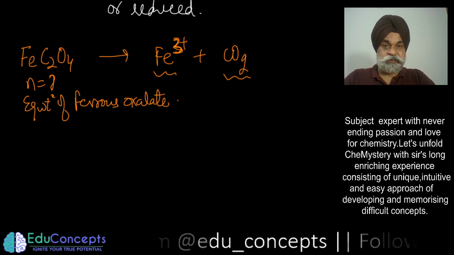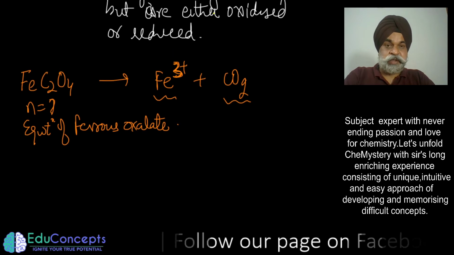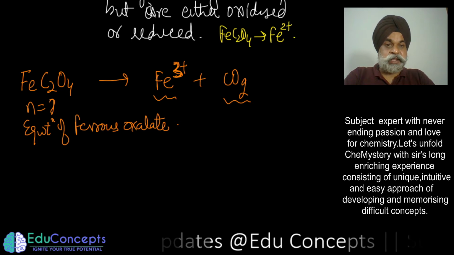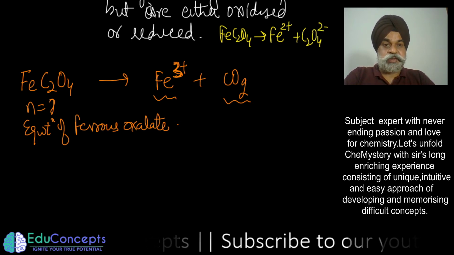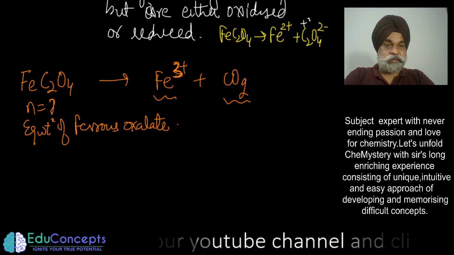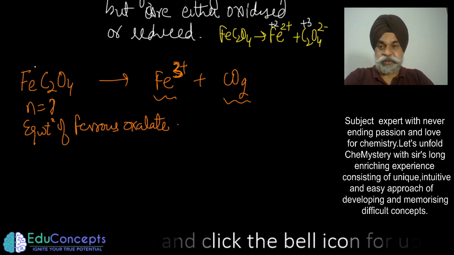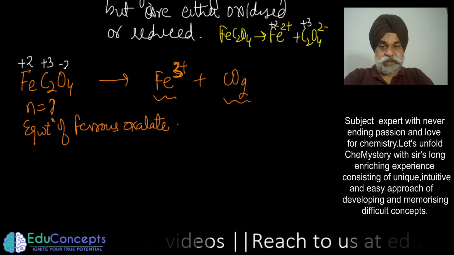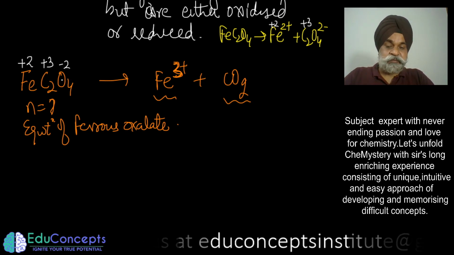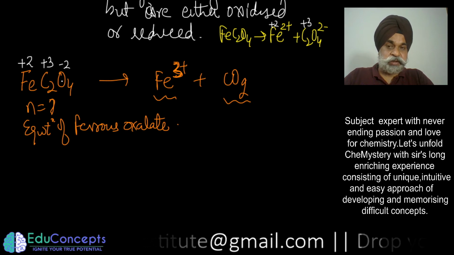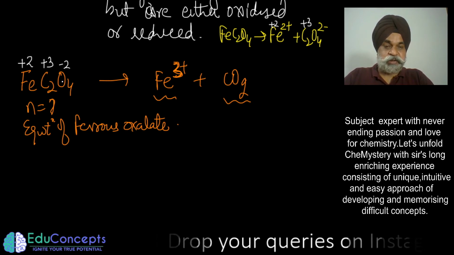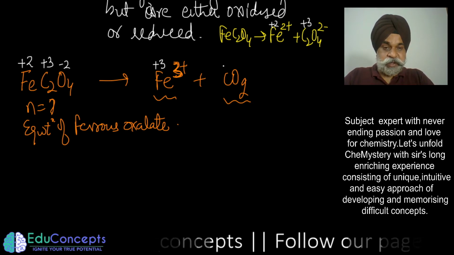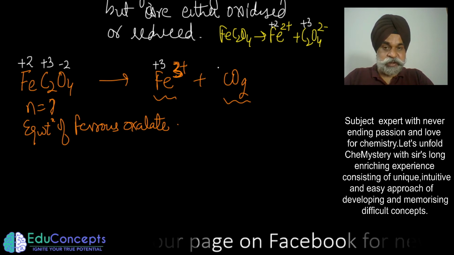So firstly you have to have the understanding which we did last time also, that this ferrous oxalate can be broken into Fe2 positive and oxalate ion. Now you can find their oxidation states: iron is in +2, carbon is in +3, and of course oxygen is in -2. Those who are new, I would advise them to do see the video which has been uploaded on the topic of oxidation state also. You should know how to find the oxidation state, and that is dealt with and discussed in very detail.